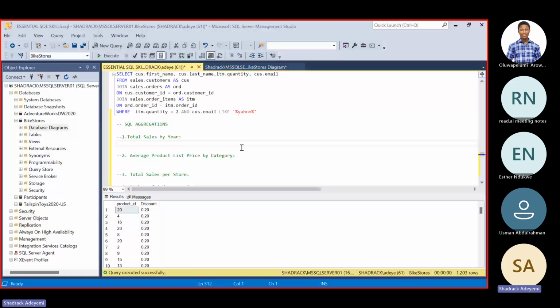Let me wait for Esther to get back in, because she was the first person to alert us on that. Oh, I'm still on the call. So can you see the SSMS now? Yes, I can. Thank you for alerting us.